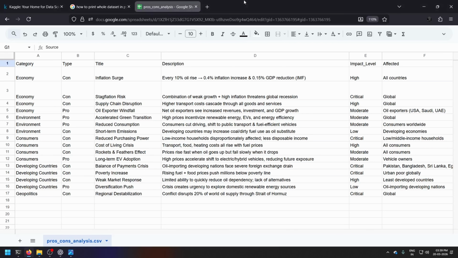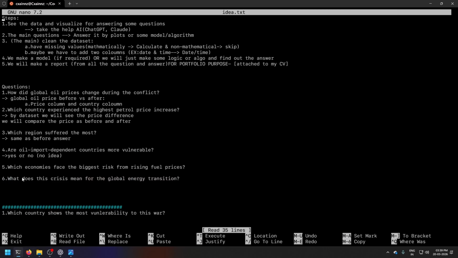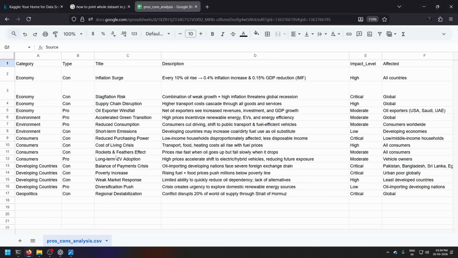So the global energy transformation, I will definitely say, what does this crisis mean for the energy transition? You can see the environment folders, right? This one and this one. So basically, it is short-term emission.